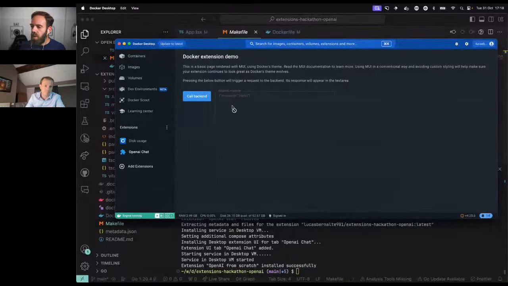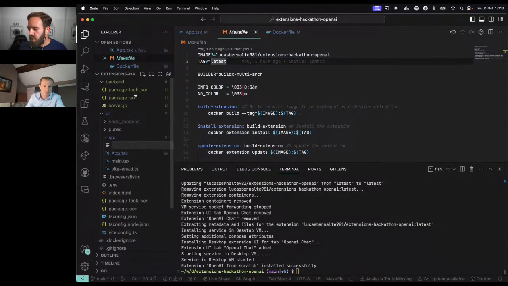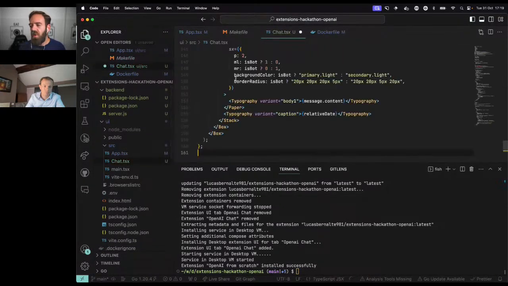Awesome. So let's add a chat component then and start doing more cool things. Again, for the purpose of this example, I'm just gonna copy paste a chat UI component in here because we want to showcase the things that you could do with the extension and not focus on the styles and everything.